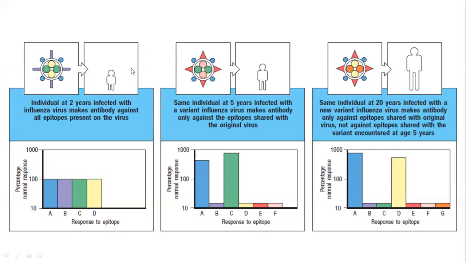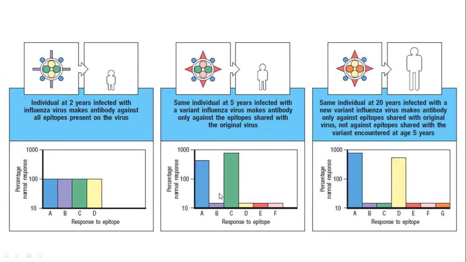That virus infects an individual, and those are the viral epitopes that are present, and the individual makes antibodies against those at the primary response stage. 5 years later, this individual is re-exposed with a variant influenza virus, which has some slight mutations or differences compared to the first one, but with some similarities in terms of